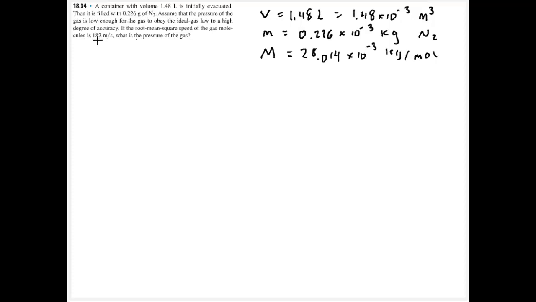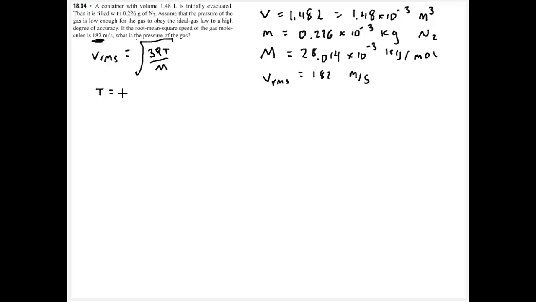And I lastly know that it's going to have an RMS speed, VRMS, of 182 meters per second. So what I can do is relate the RMS speed to the temperature. I can say that VRMS is going to be equal to the square root of 3RT divided by the molar mass. I can figure out what the temperature is, and then I can use the ideal gas law to solve for